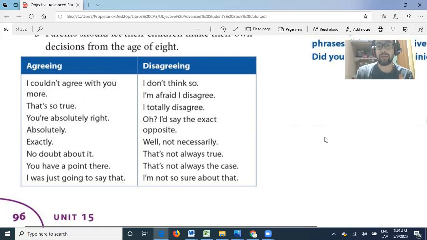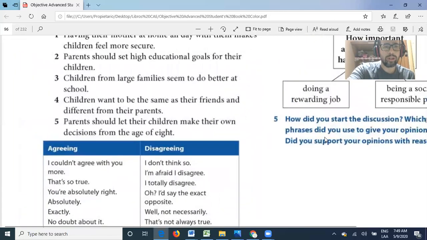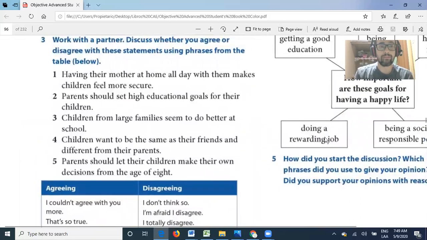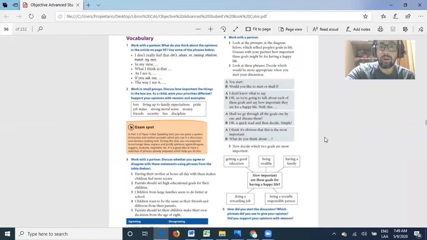If you agree with what that person says, well, just interrupt and say, yeah, I couldn't agree with you more, and then continue with your opinion. Or if you disagree, you can also use some of these phrases. But you can work or practice with these phrases. For example, having their mother at home all day with them makes children feel more secure. And these are just examples so that we can practice a little bit of agreements or disagreements about what we are talking. And what I really want you to do is